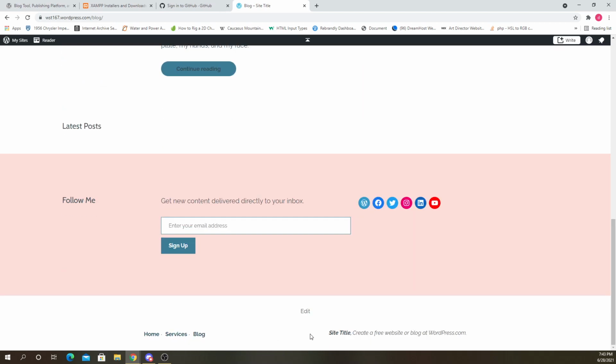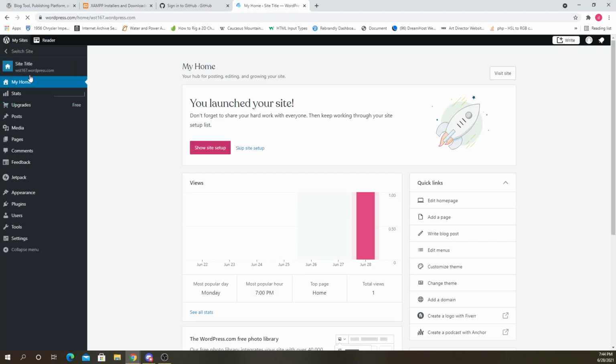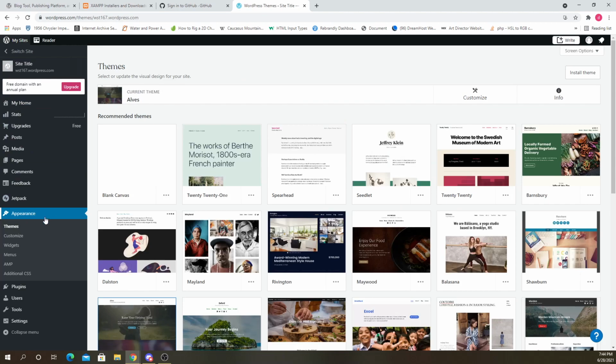And it also has the site title and some other text here. I don't know if we could get rid of this on the free one, but let's try. So if we want to edit the footer, let's see, I think it might be part of the theme. Okay, so depending on the theme, there's different ways of editing the footer.